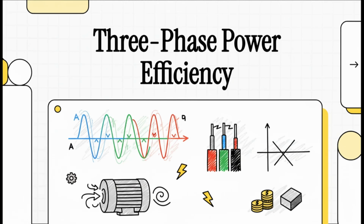Today, we're going to pull back the curtain on an invisible force that literally powers our world, from massive factories to the internet itself. It's called three-phase power, and you see its handiwork everywhere, even if you don't know it. It's kind of the unsung hero of the electrical grid, and it all boils down to a surprisingly simple, really